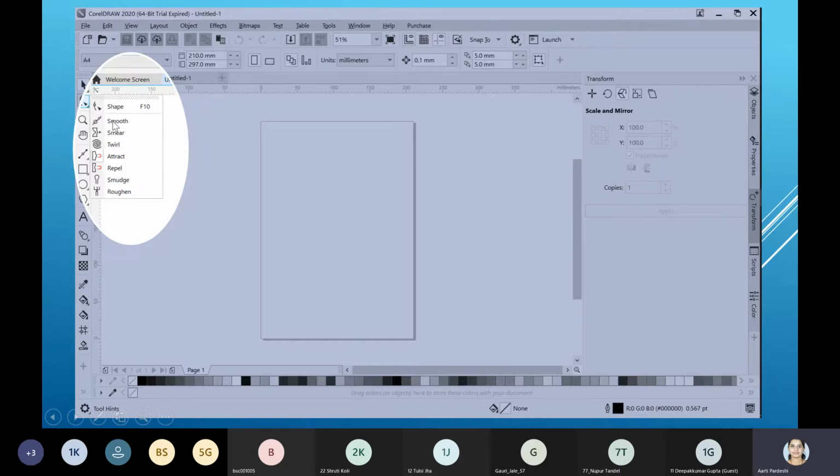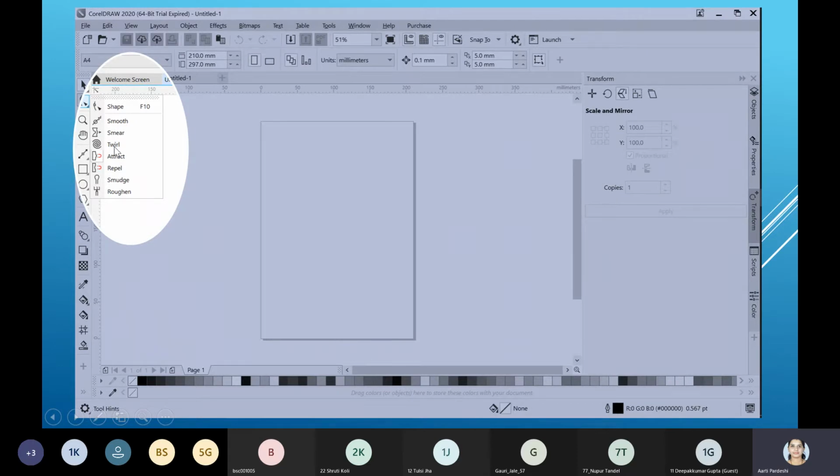Smooth will help you make the edges soften. Where did we use this? We used Smooth in Pikachu. So if you have already drawn a head and it is a little bit jerky and you want to give a smooth effect, then choose this smooth and you will be able to adjust it. Then the curve will adjust itself automatically.